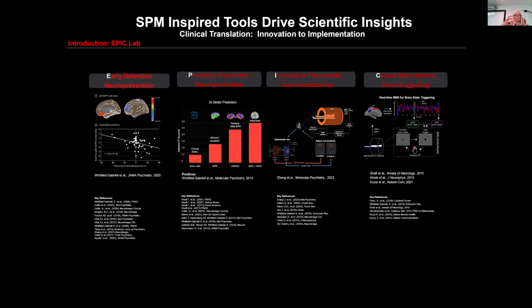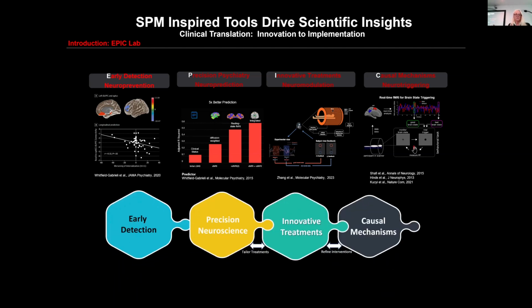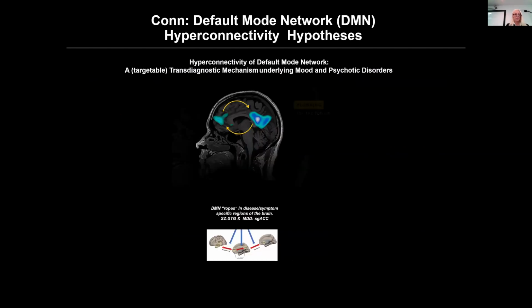And then we can use it in real time to identify these resting state networks, track them over time. And then we can trigger experience sampling, ask the person what they're experiencing. And then if we do that enough times, then we can build a predictive model and elucidate the neural antecedents of fluctuating mental features, which will then allow us to perform the real-time adaptive interventions. So all of this is to say that we're trying to understand the brain connectivity in ways in which we can help people modulate their connectivity and symptoms. When we look at the data to do causal mechanistic understanding, that will help us refine the interventions and tailor the treatments.